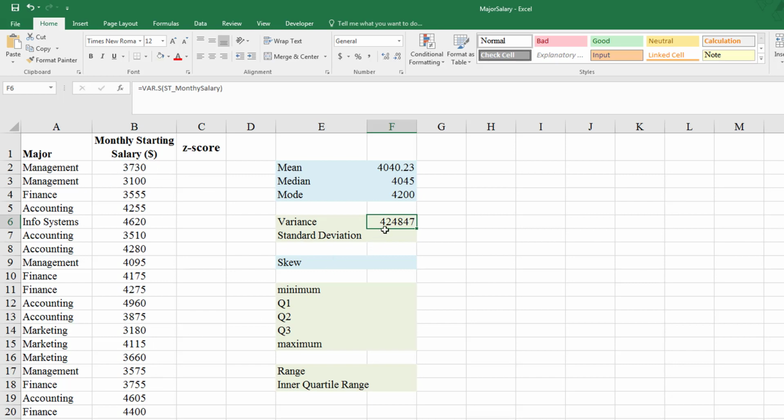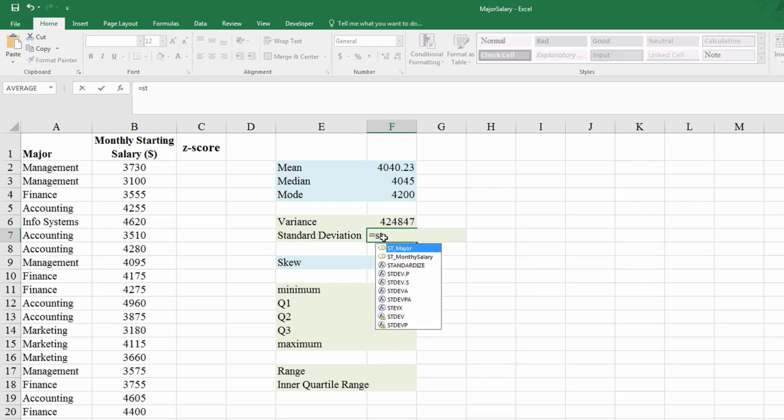Now the meaning, because the units of this is dollars squared, so it doesn't make a lot of sense to me. But to get my units back to dollars, here's what I can look at. I can look at the standard deviation. Now I have two choices. I could just take and calculate the square root of that number just above. That will give me my standard deviation,